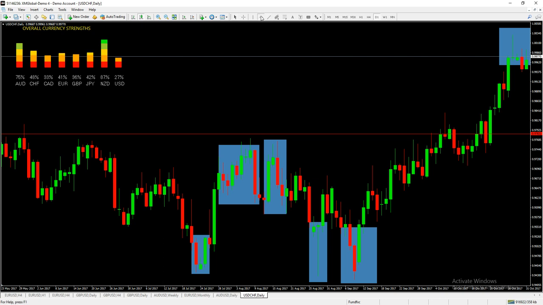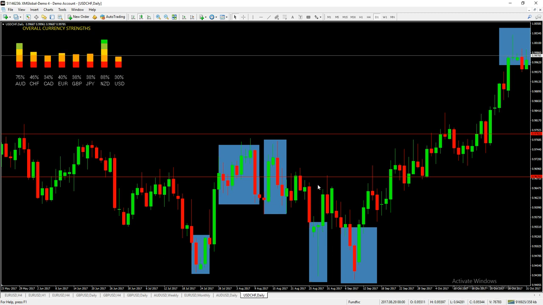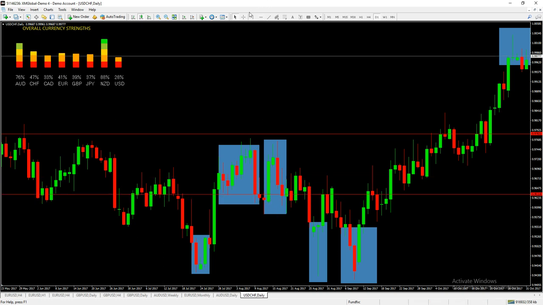Now, even though we entered on the 50% retrace, the trade would have gone for us first, and then gone against us, and then gone for us. Alright, so this is where patience is required, guys. You have to understand that even if you enter the trade here on an immediate close of that bearish engulf,